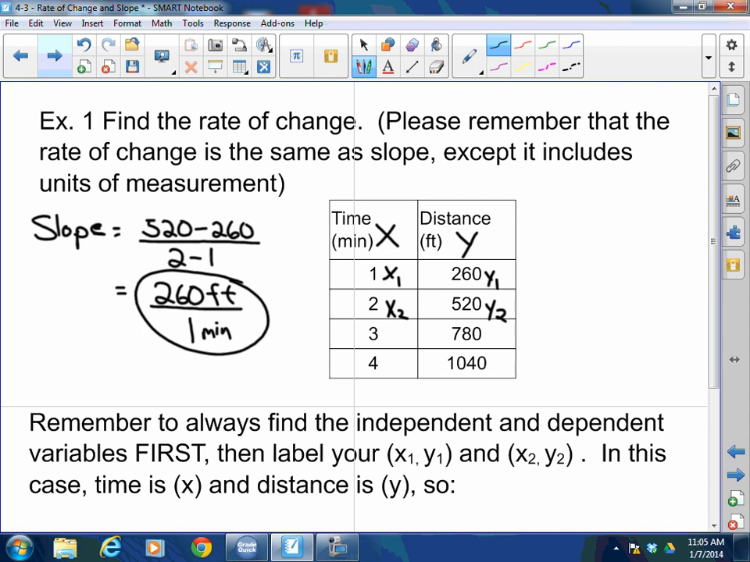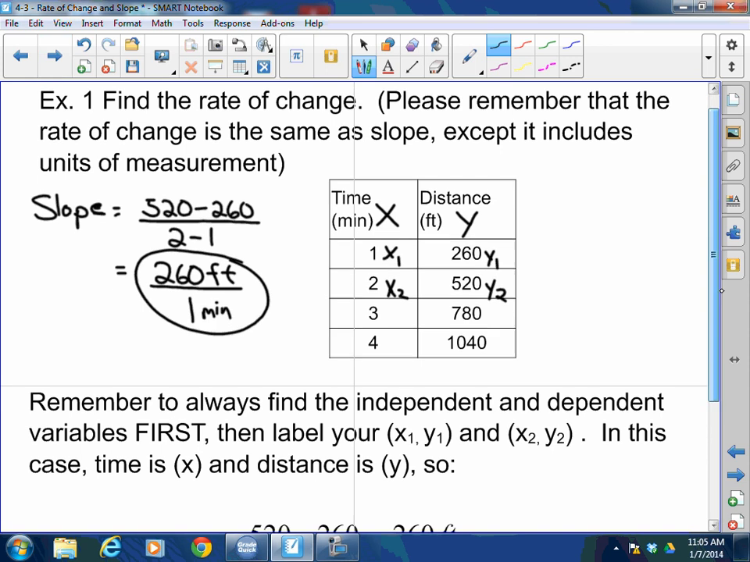Good job. What it's telling you is whatever you're on, regardless if it's a ski lift or a train or a car, every minute you're going up 260 feet. And that's what the rate of change is telling you. Does that make sense so far? Okay. Now,